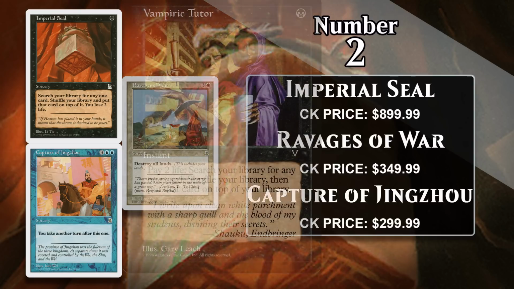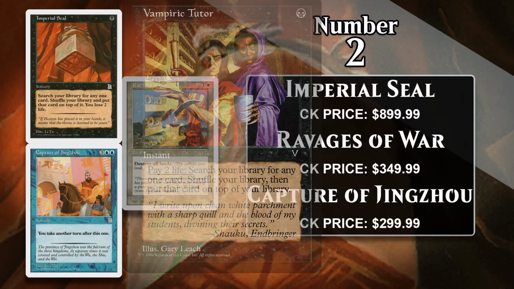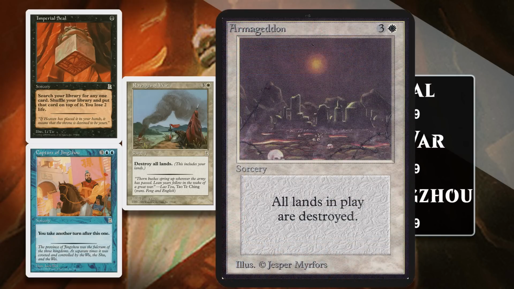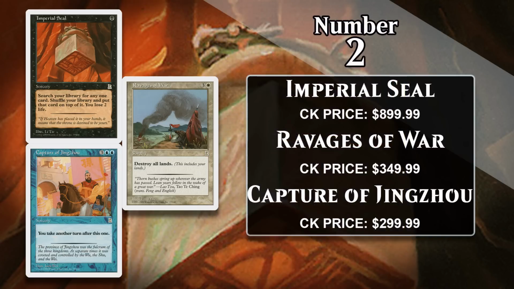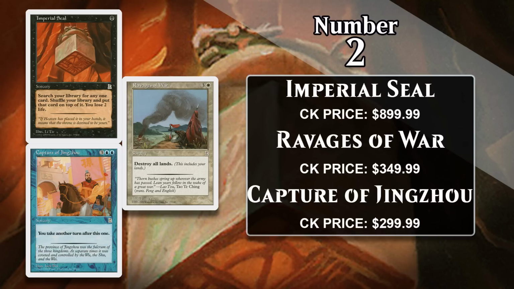Imperial Seal is a sorcery version of Vampiric Tutor. Portal Three Kingdoms didn't actually have instants, so that's why this one has a different card type. Ravages of War is identical to Armageddon, and Capture of Jingzhou is identical to Time Warp. Like most cheap tutors, Imperial Seal is banned in Legacy and restricted in Vintage, but the one copy of it